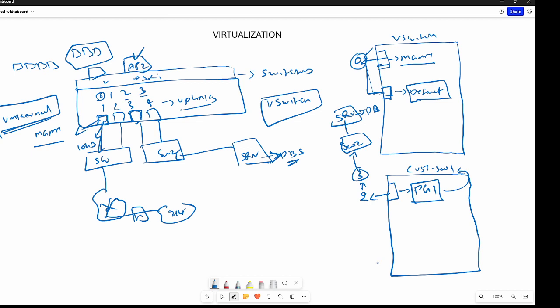Now, you don't want to go through this hassle of creating a new switch because there is already a setup here. So why create a new switch? Yes, you can just create a new port group. And once you create a new port group, maybe PG2, you can tell this port group, hey port group, you connect to uplink 2 simply. That's it. Once you do that, the same thing happens: that is mapping to port number 3, which is connected to switch 2, and switch 2 is connected to your databases. And now whenever the machine gets an IP address, it is able to communicate with your database.